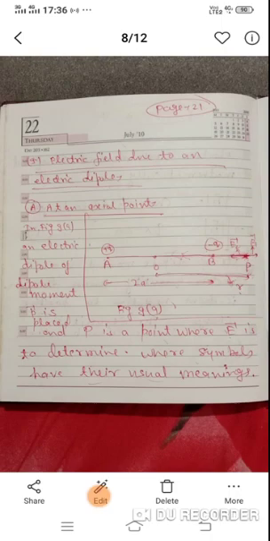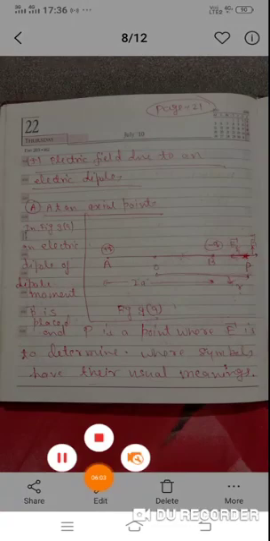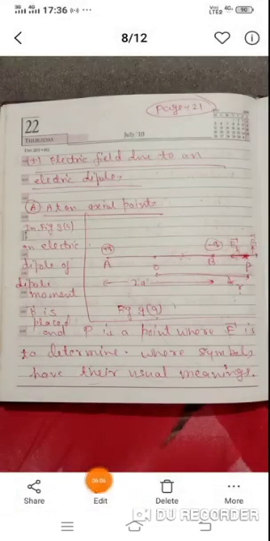Okay students, so as you can see, at an axial point, what is an axial point? Look at AB. AB is a dipole line, and proceeding further you are seeing the point P. So P is the axial point. In heading 9B I will tell you in the next video about the equatorial point, but I am discussing the axial point. P is the point where I want to calculate the electric field. A and B form an electric dipole. At A plus Q charge is present, at B minus Q charge is present. 2a is the distance between them, students, and r is the distance of point P, as you can easily see in figure 9a, from the center of the dipole, that is O.